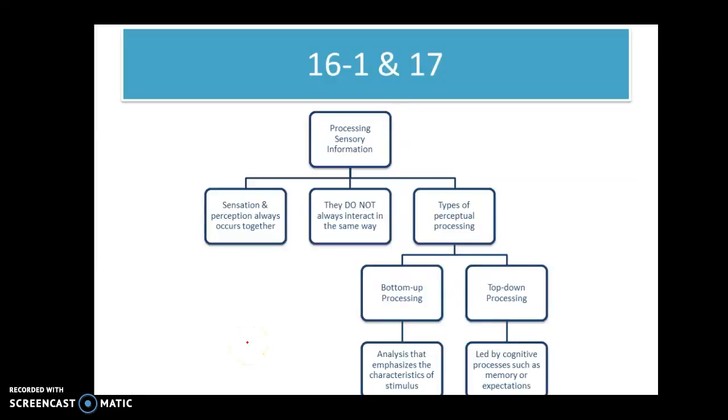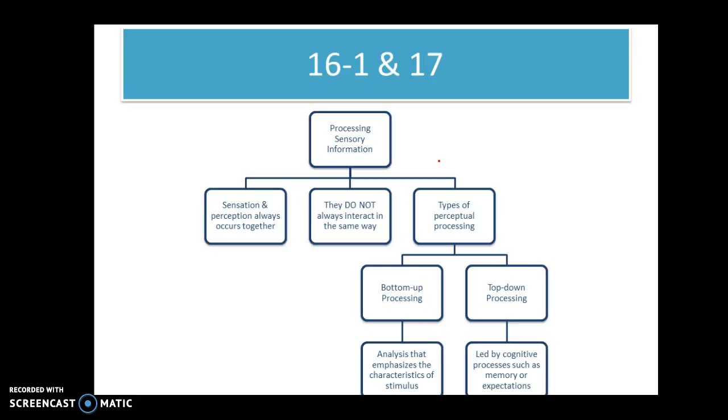So I'd like to discuss modules 16, 1, and 17, which have to do with bottom-up processing, top-down processing, and module 17 has to do with perceptual set. I'd like to put them all together, and if you can just follow me on this diagram. So I'd like you to think about the factors about bottom-up processing, top-down processing, and perceptual set as factors that